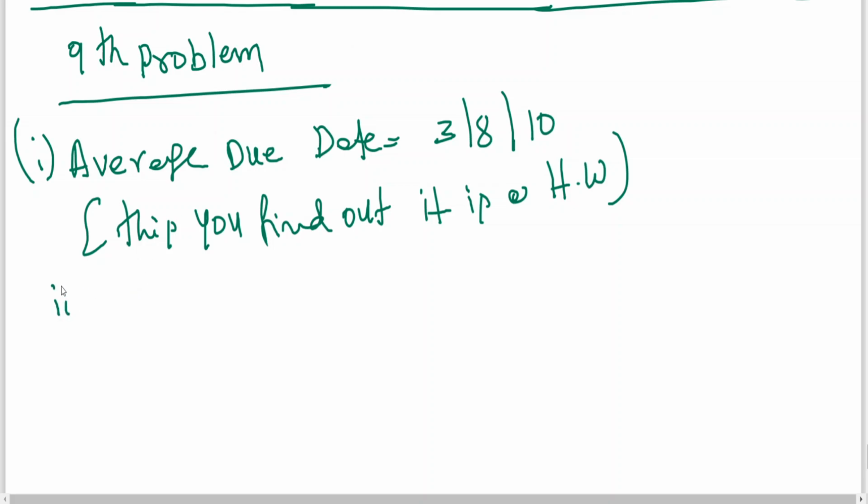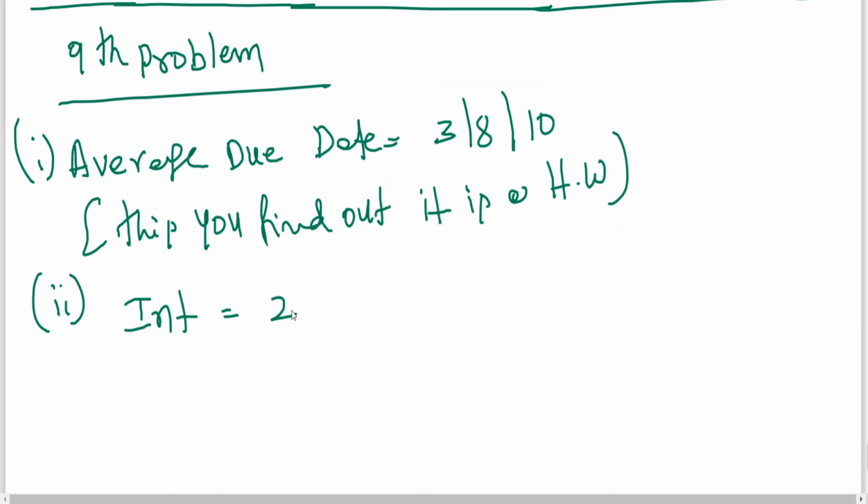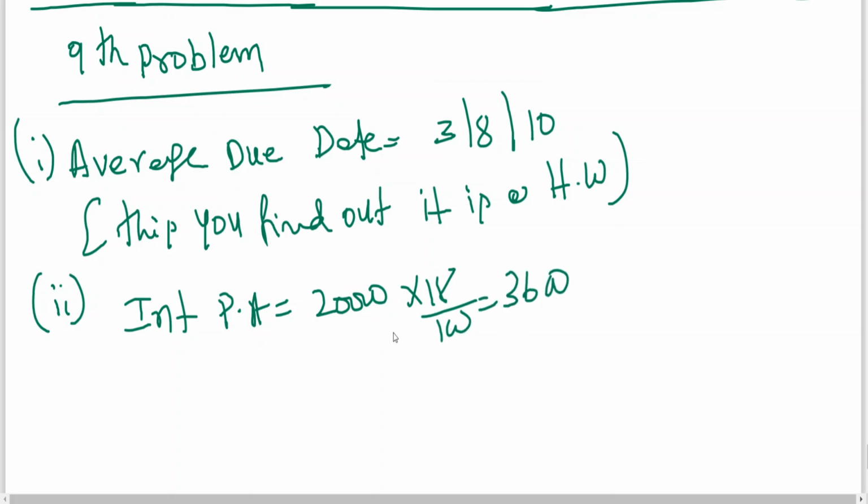Then point number 2, I am calculating interest. What is the bill amount here total? 4 plus 5, 9 plus 6, 15 plus 5, 20,000 rupees. What is the rate of interest? 18% per annum. Interest per annum is